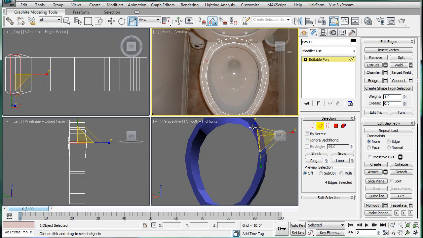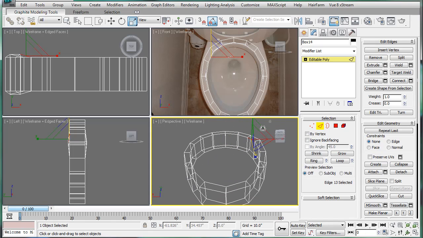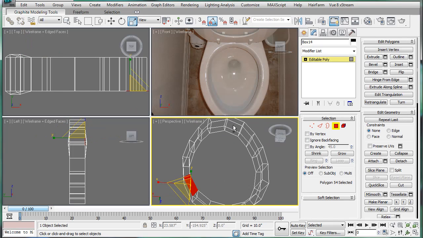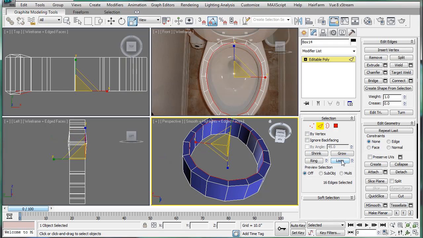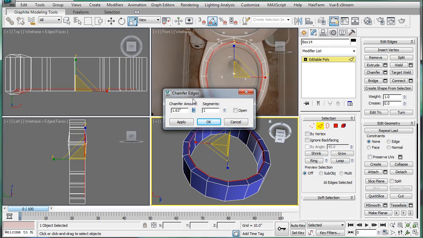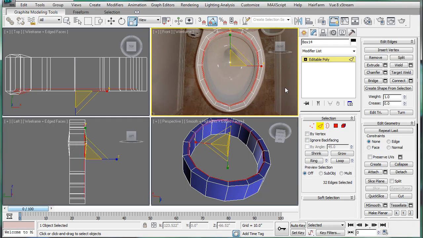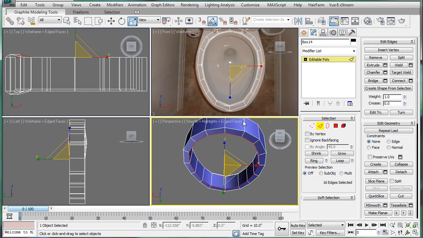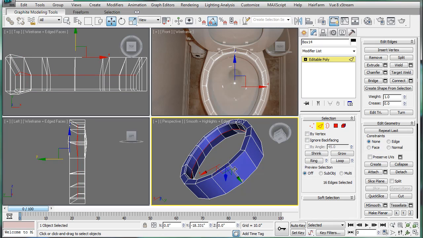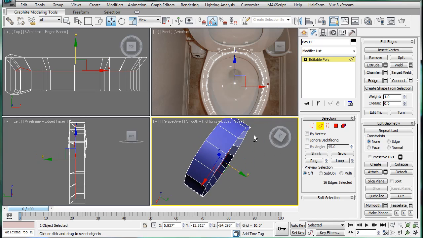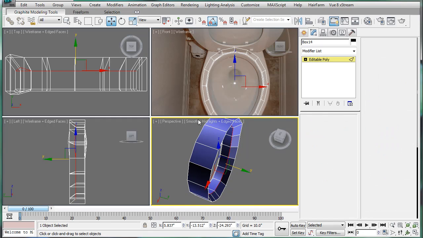Okay. Select the outer edge here, and I hope this is the top. Let's actually just check. No, this is the top. So, select an inner edge loop, and just give that a chamfer. Okay. Next, we're going to want to select these edges here, loop, and just bring them up. Alright, and not too much, because this is supposed to be the, whoa. Problem, but we'll fix that in the